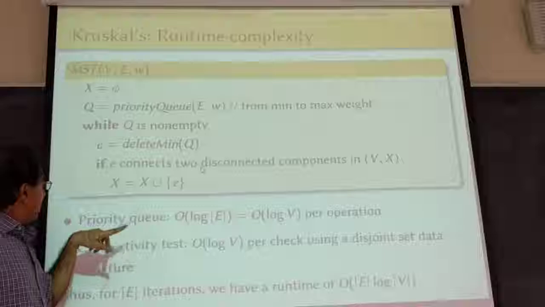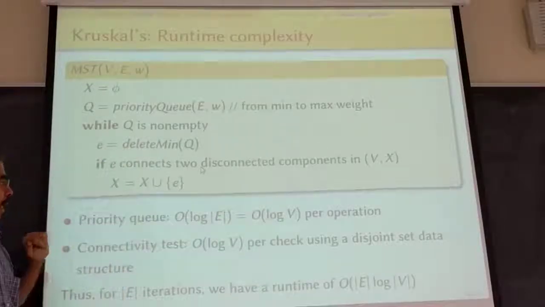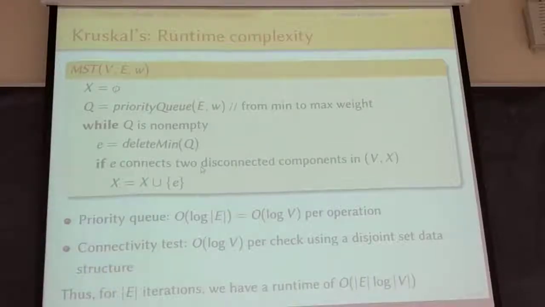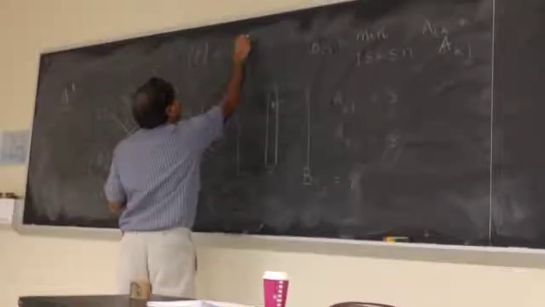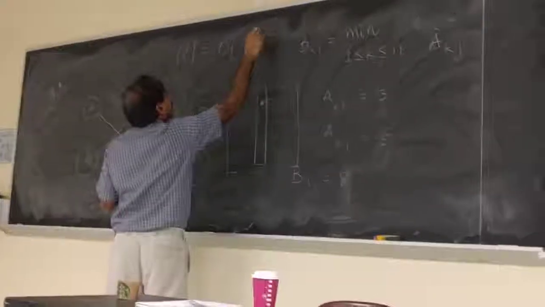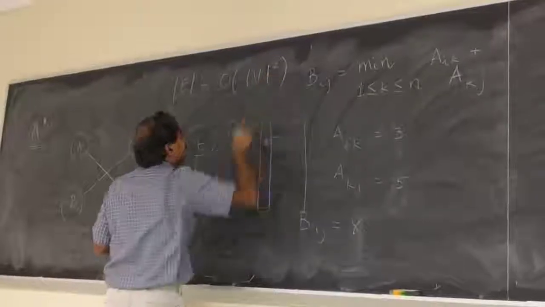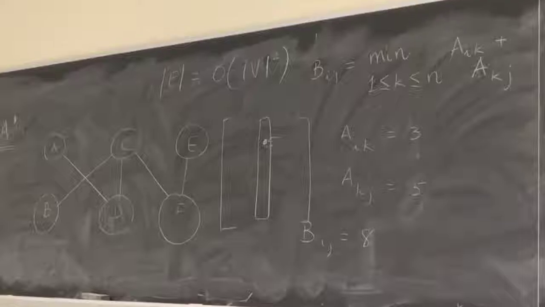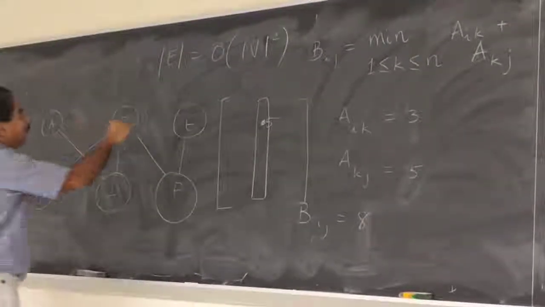Therefore, each delete min operation is going to have the cost log E. The number of edges can be at most the square of the number of vertices in a graph. And therefore, if you take log E,